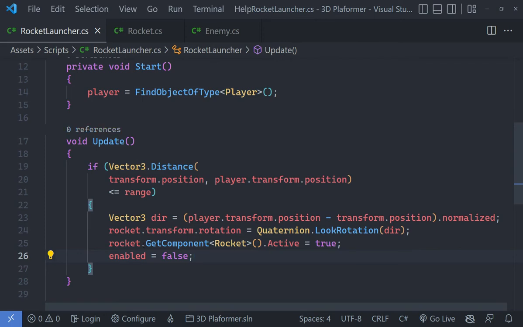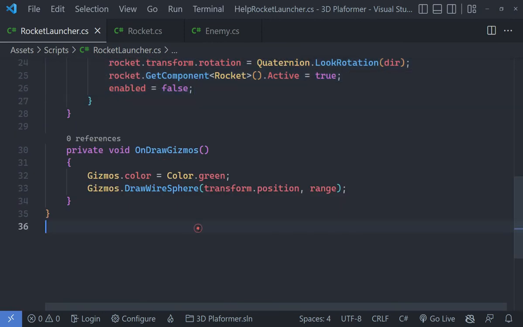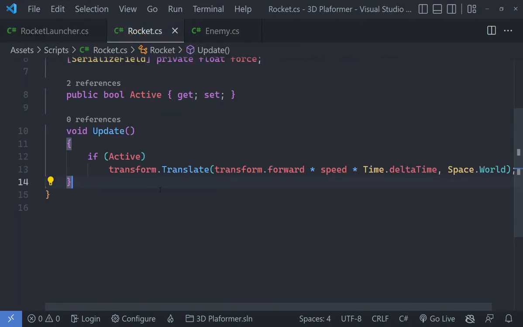So I've added this in the big method now when we are checking everything, and once it happens we are going to do all of our attacking and then set enabled to false. Simple as that. Now we can go under rocket, and now we can try to add our actual logic for